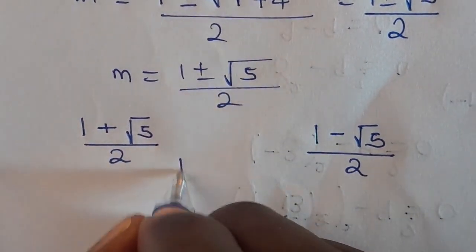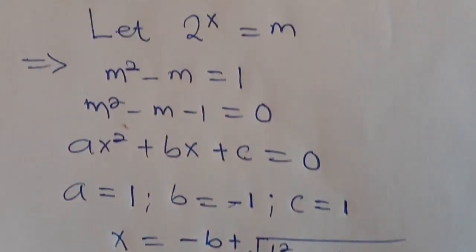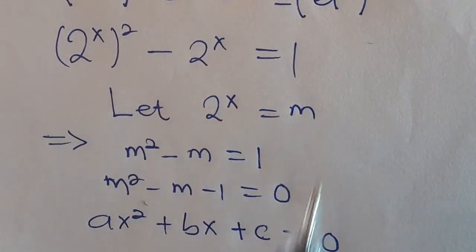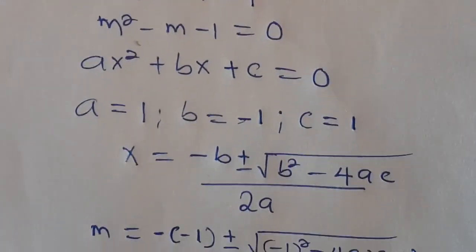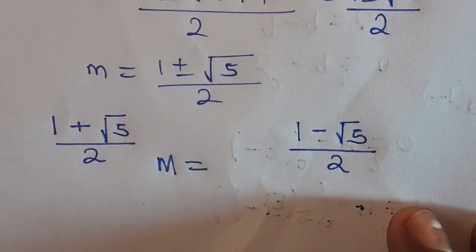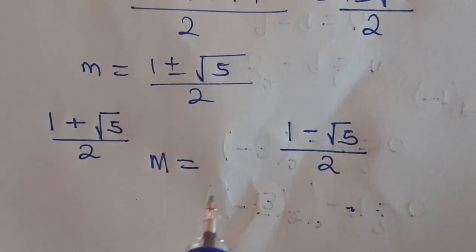So we say we should let our m from here be equal to 2 raised to the power x. So if our m equals 2 raised to the power x, this implies that we are going to have,